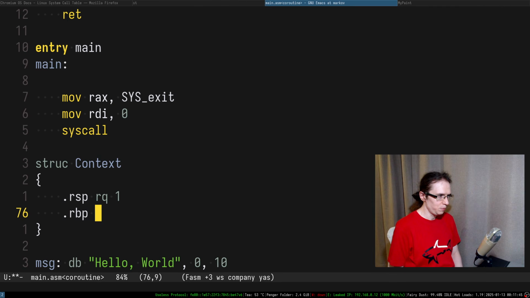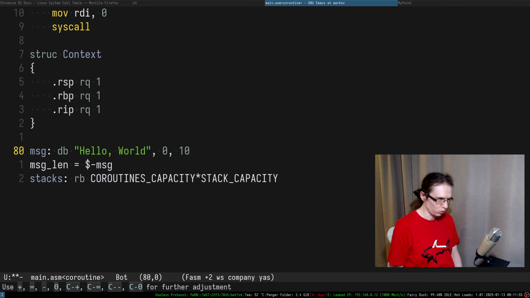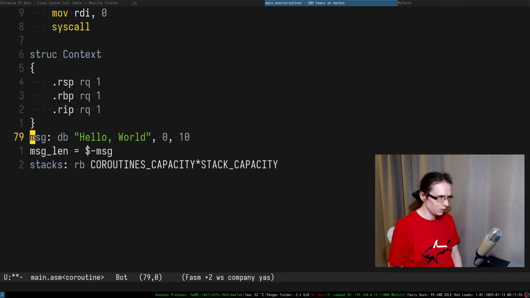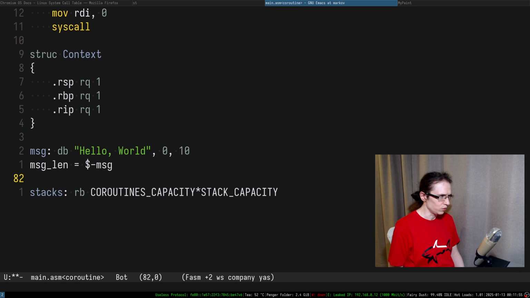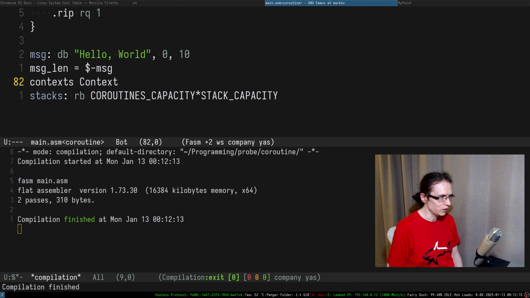Then RBP, RQ 1, and then RIP also RQ 1. So these are the registers that we are storing in here. Obviously then what I want to do is context C, and I want to allocate a bunch of them, but I can only allocate one in here, right? So it's going to be one. But how do I do several of them? It doesn't make any sense to me. So it compiles, but